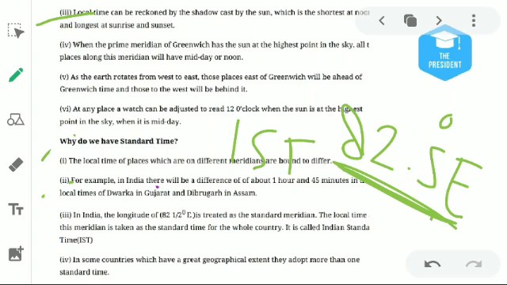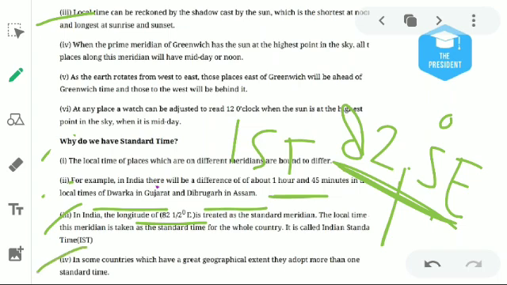As you know, the sunrise in Assam and the sunrise in Gujarat differ by about 1 hour and 45 minutes between the two locations. But still, we are using one time zone line. This longitude, 82.5 degrees, is known as the Indian Standard Time.